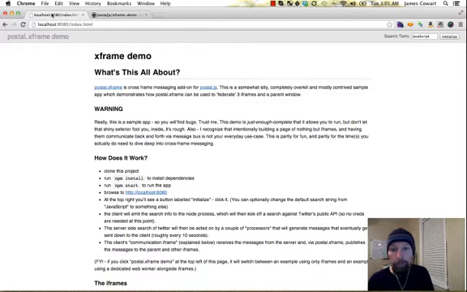So xframe provides this functionality, and you do have a decent amount of control. It's not just a fire hose of all the messages being shared. We'll see here in a few minutes that you can actually fine-tune which messages are allowed in or out or both. So the idea with this particular demo is we're going to have a parent window with 4 iframes that